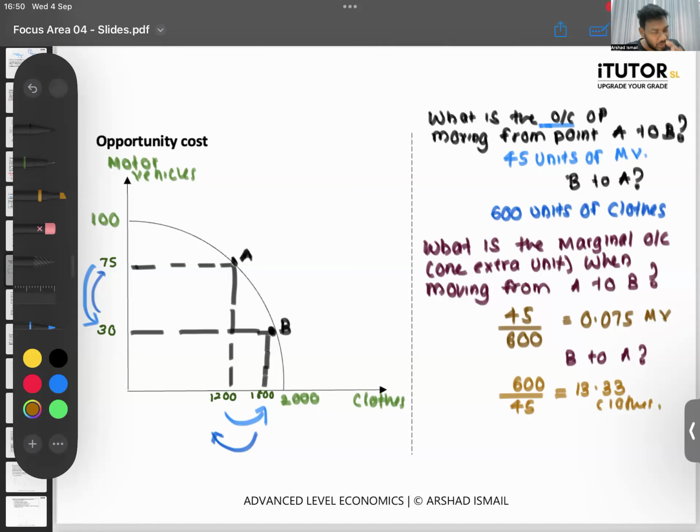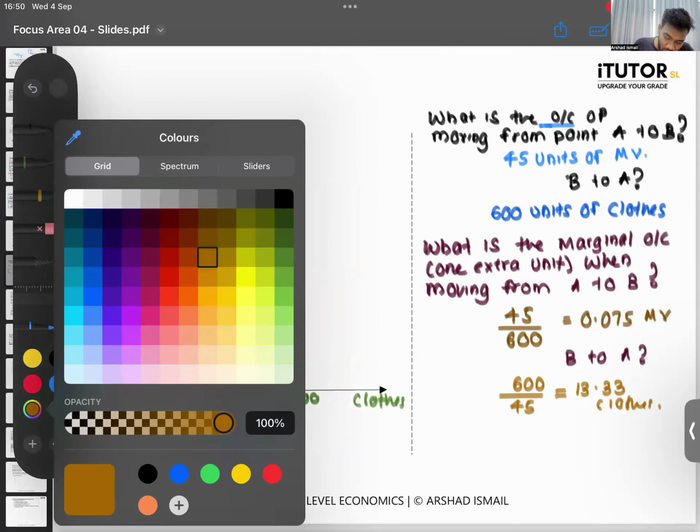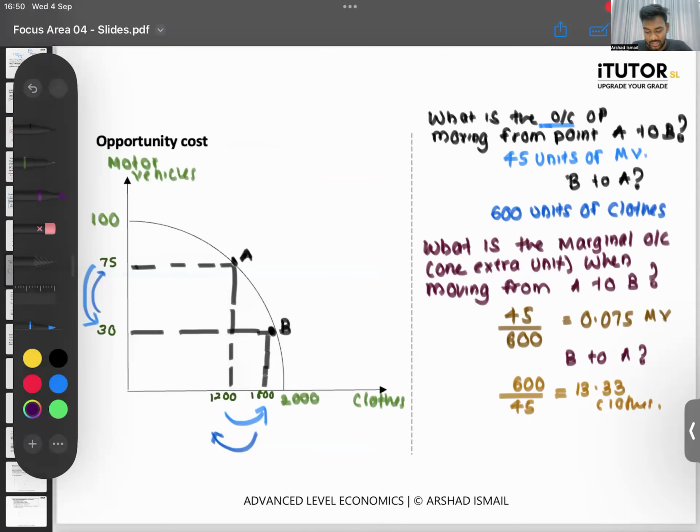When do you use the equation and when do you not use the equation? If they say marginal opportunity cost, or if they say opportunity cost of one extra unit, then use the equation. Otherwise, give it as a full noun. Okay. There is one more. What if I ask you, what is the opportunity cost of producing